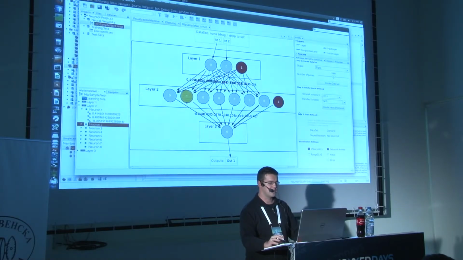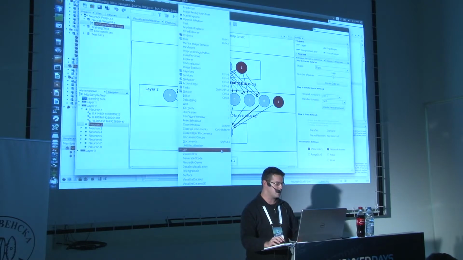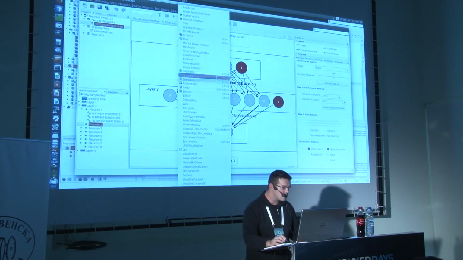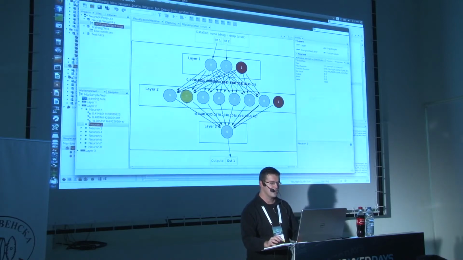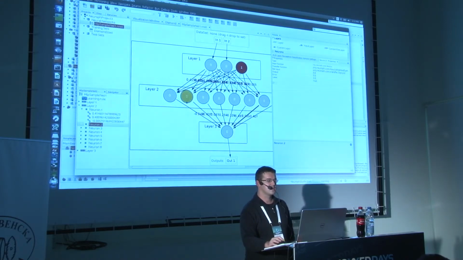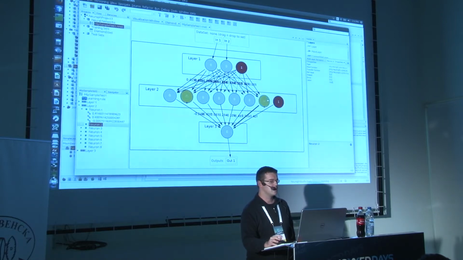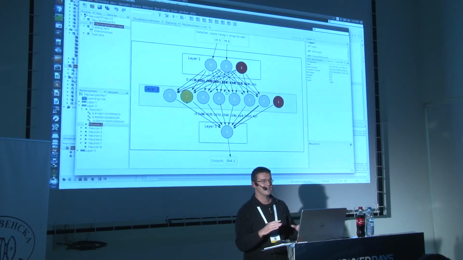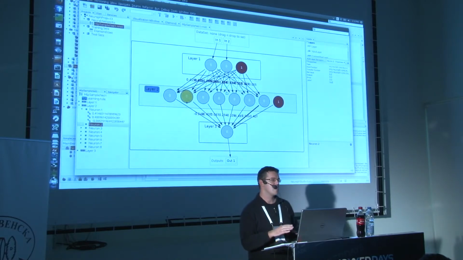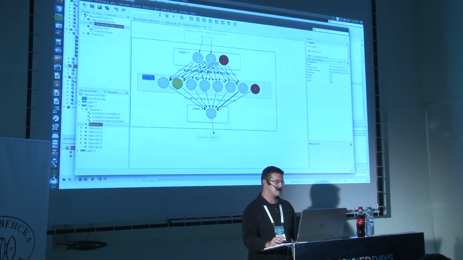Also, you can inspect each individual element in this properties window and see, let me see, where is the properties, yes. You can see to which class in the Neuroph framework each component corresponds. So it's a nice visual tool. You can get an idea what's going on inside. So the neural network is not a black box anymore. You can see its internal components. So let's go back to this example.